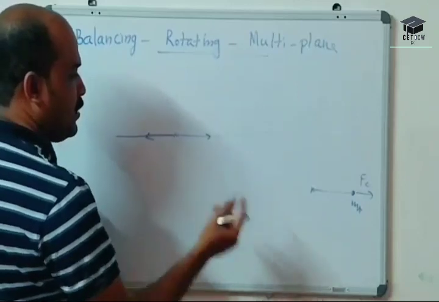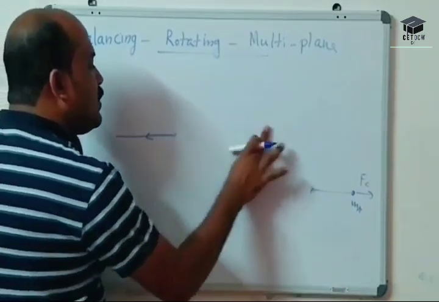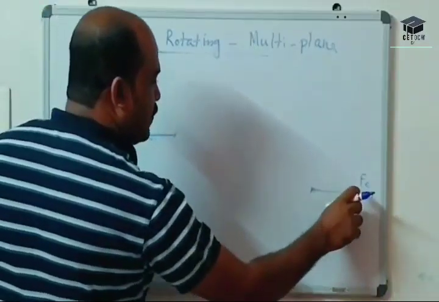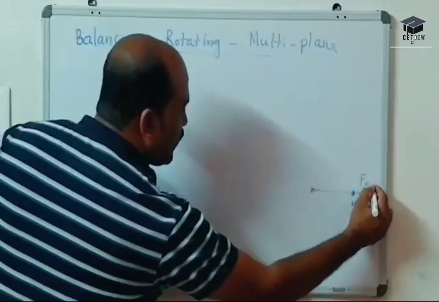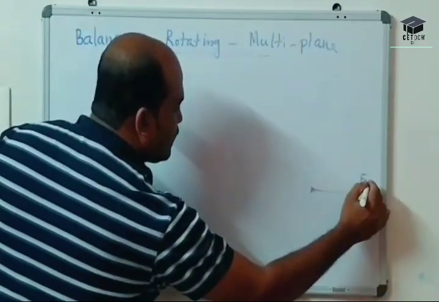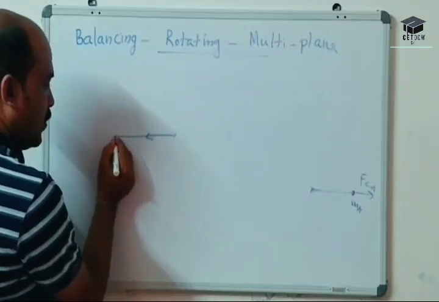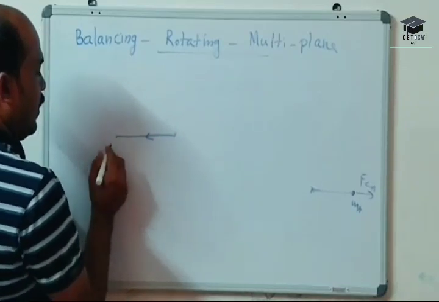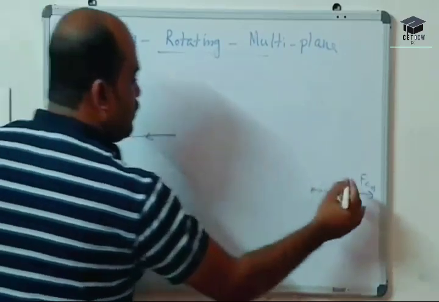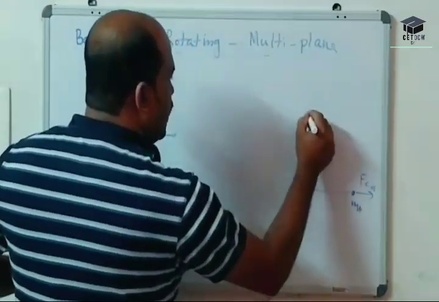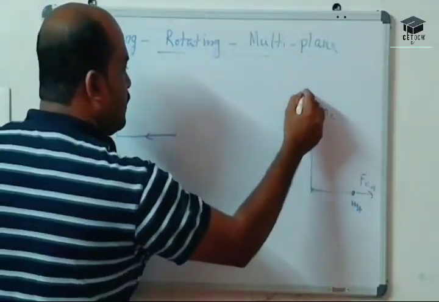But the couple is in the opposite direction because L is negative. Since L is negative, this couple should be in the opposite direction to that of FA. So we draw the couple in the opposite direction, scaled. Okay. Then the C vector is in the 90 degree direction because MC is at 90 degree. So 90 degree is positive.